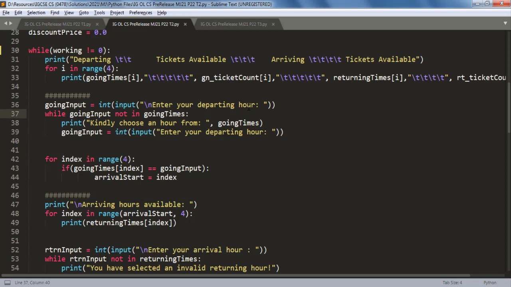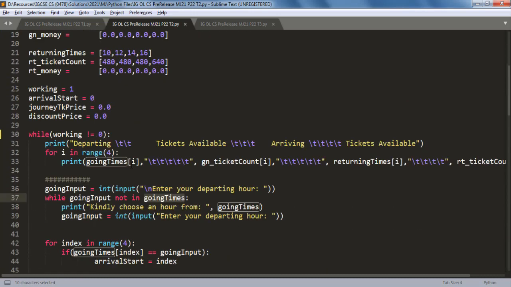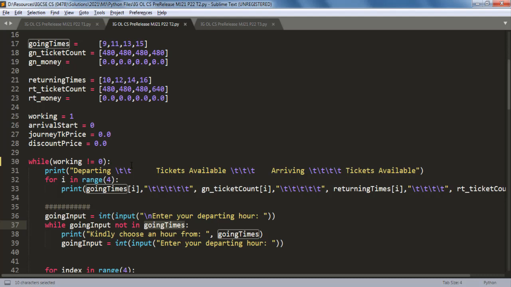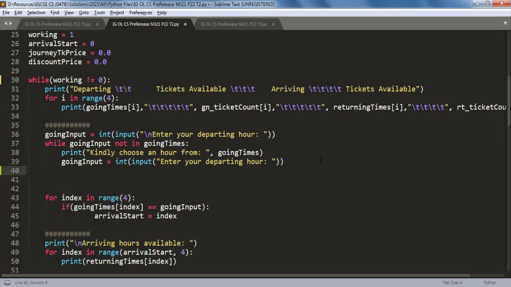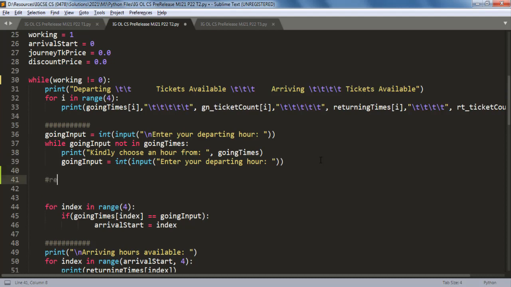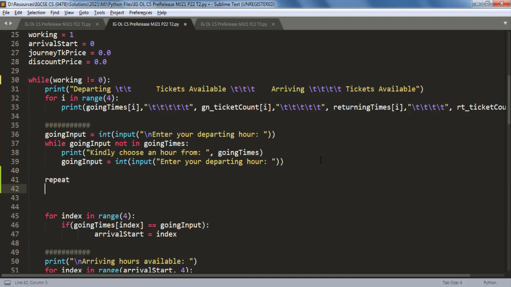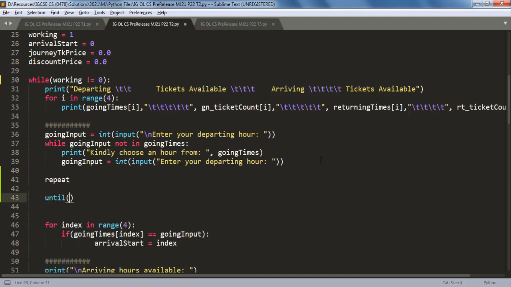The Pythonic way of doing that is you just say for value not in the array. Here, going times is my array holding the going hours of the train, and if you want to write this in pseudocode, it will be something like this. You'll have to use the repeat until. So you say repeat the whole code until